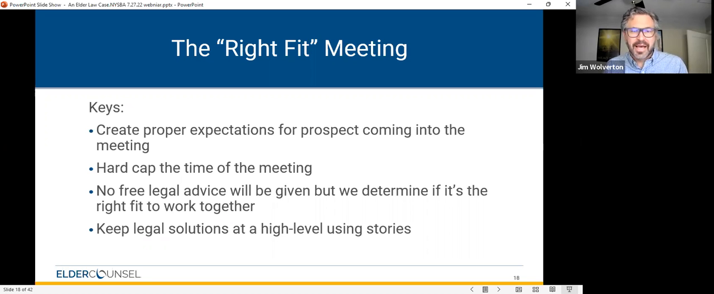We're going to have a hard cap on the time of the meeting. Usually with these types of meetings, we'll do 45 minutes to an hour, and we're going to stop at the end of that. We're going to say, do you want to move forward? This is our first step in our process. We're not going to give free legal advice. What we're going to do is determine if it's the right fit to work together, and any legal solutions that we're offering, we're keeping at a very, very high level,